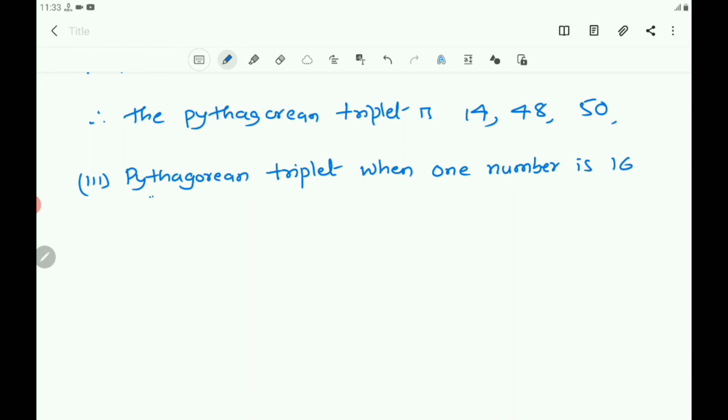Now you consider first, if m square minus 1 equals 16. If m square minus 1 is 16, that implies